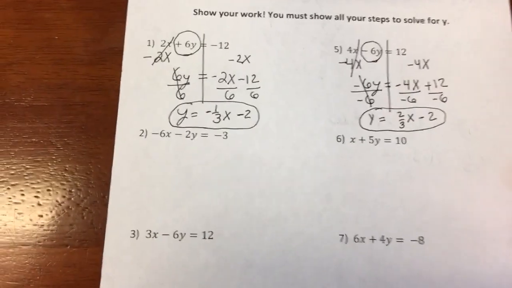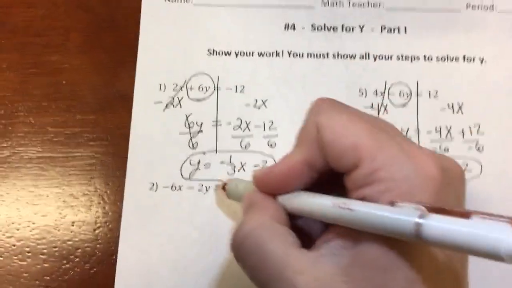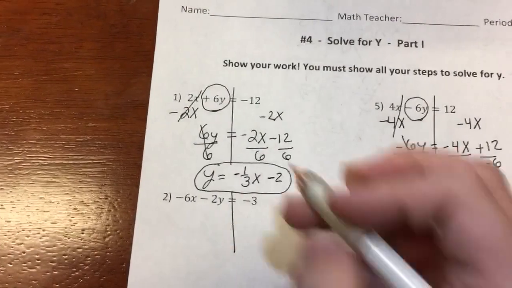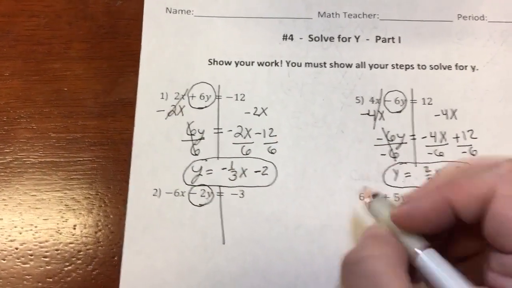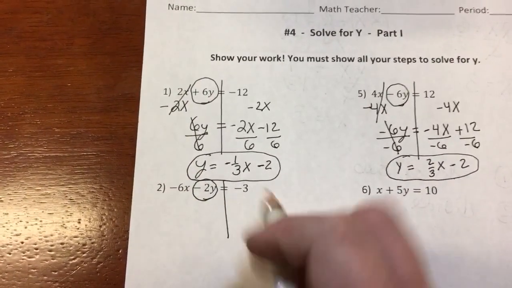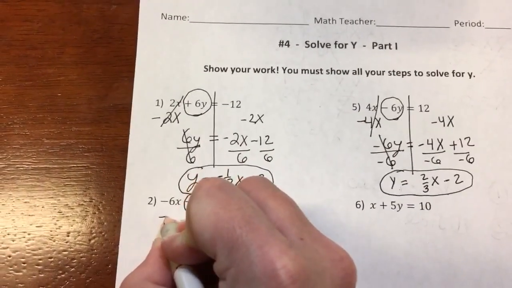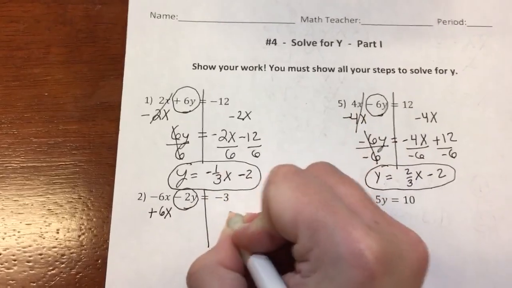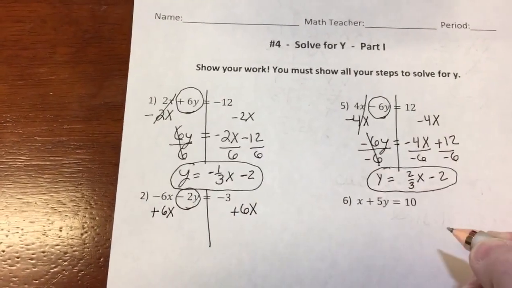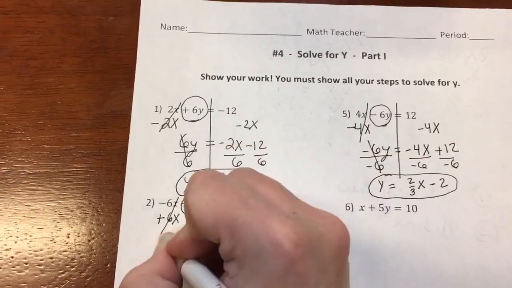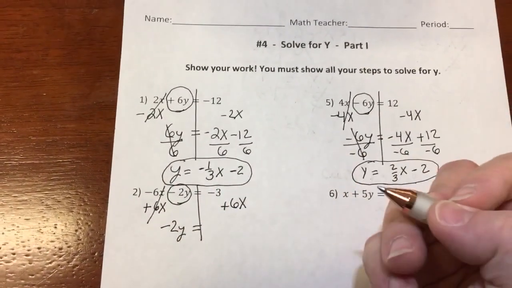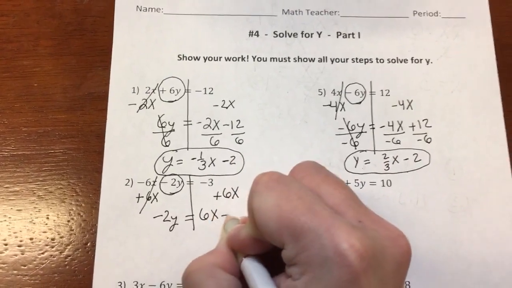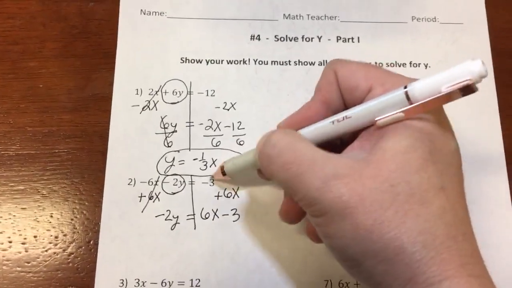All right, I'm going to do one more with you, and then you're going to do the rest on your own. So I'm going to circle everything that goes with the y because I want the y by itself. I'm going to move the x over. So the opposite of minus 6x is a plus 6x. What I do to one side, I do to the other side. This subtracts away. I get negative 2y is equal to 6x minus 3